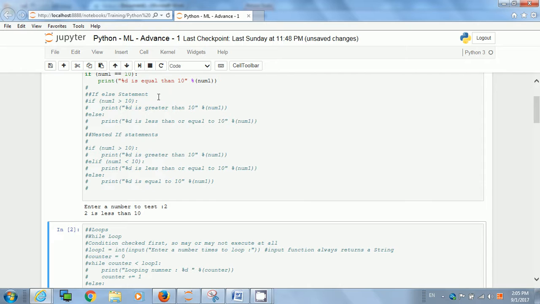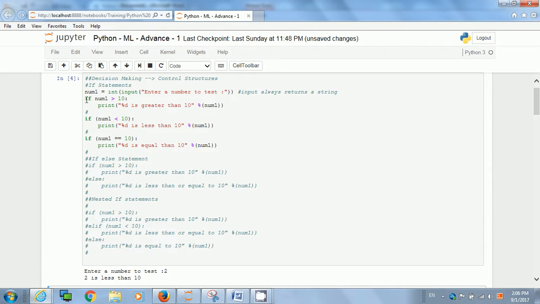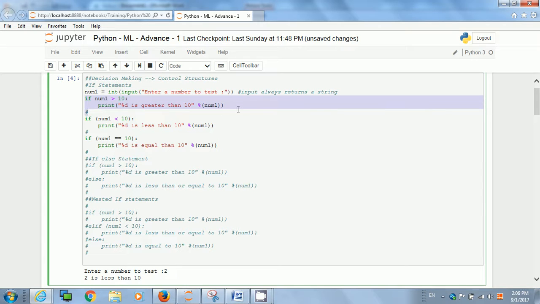Now, this is not a good way of writing your code. We cannot go on checking the condition every time. It's the same kind of condition here I'm applying, but it's less than. Same condition here, it's equal to. So to make it better programming, with better control structures,